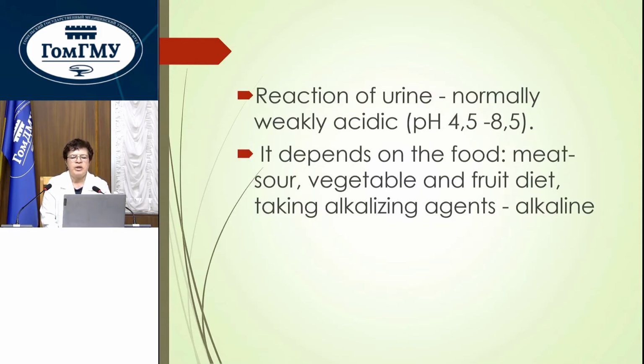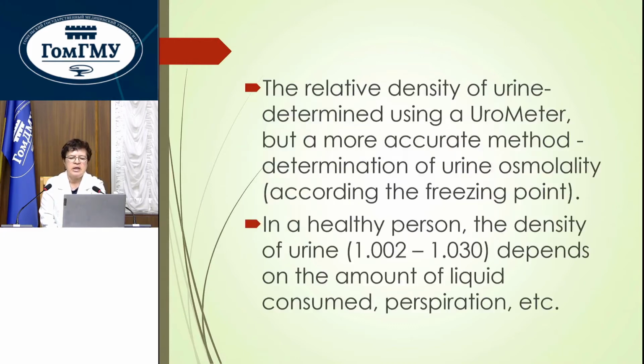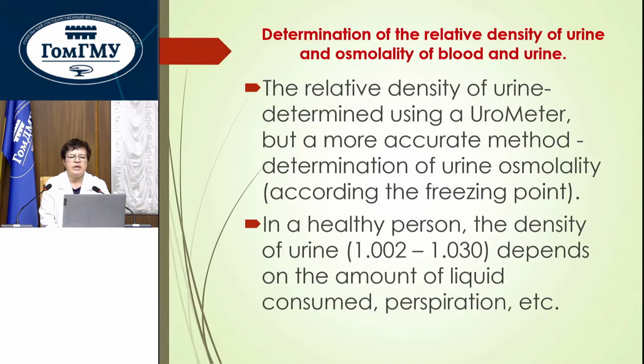Reaction of urine: normally weakly acidic. pH is from 4.5 to 8.5. It depends on the food: meat diet acidifies, soy, vegetable, and fruit diet, taking alkalizing agents, alkaline. Determination of the relative density of urine and osmolality of blood and urine. The relative density of urine is determined using a urometer, but a more accurate method is determination of urine osmolality, according to